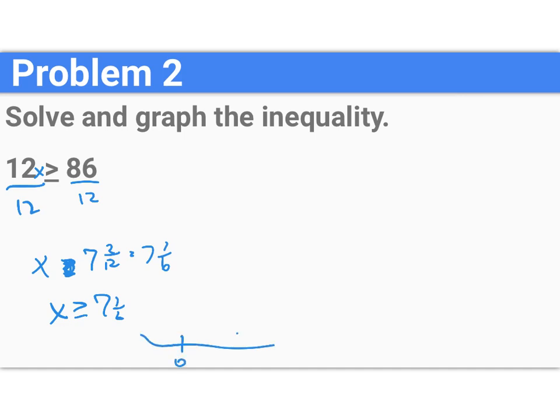Put a 0. Put a 7. 1/6 is a little bit bigger than 7. Color in your circle, and it goes to the right. So we're actually here at 7 1/6. And if that was 8, 7 1/6 is closer to 7 than it is to 8. So I just wanted to show you how it would look on a number line where there was not a